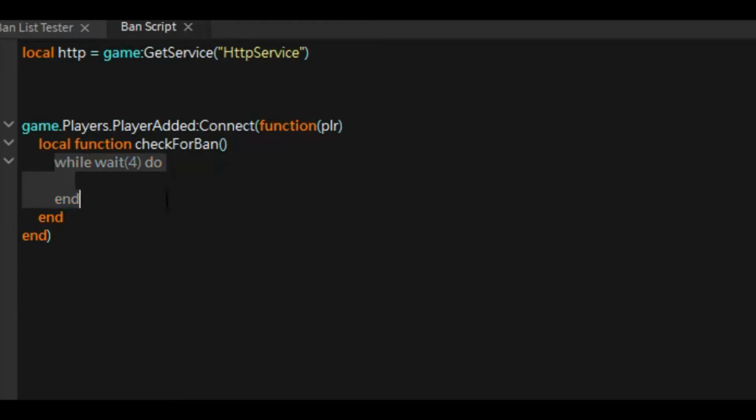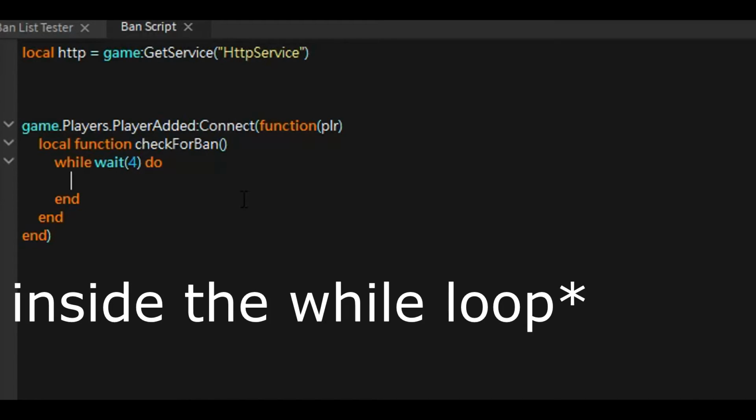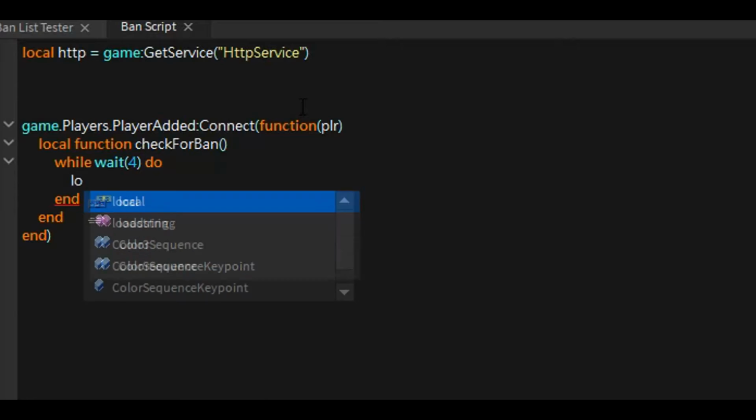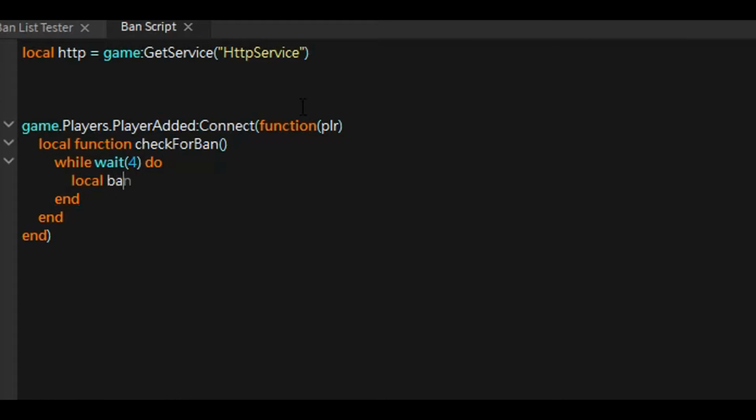So what this will do is every 4 seconds it will redo anything inside it forever until the end of time and until the server shuts down. And inside here we're gonna make another variable. It's gonna be called ban list link. Or no, get ban list, which will be